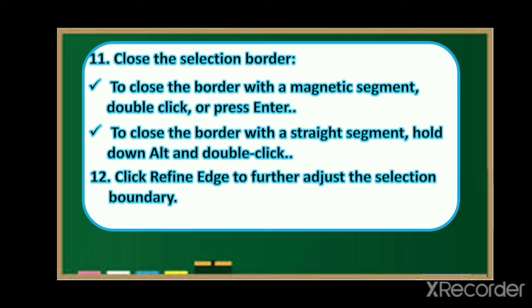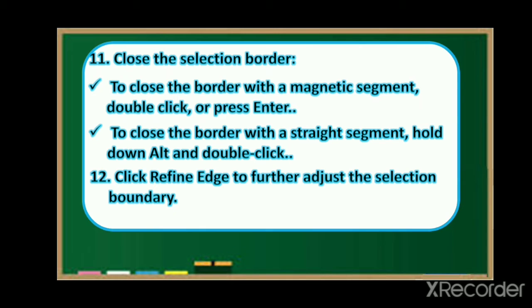So before that, we switch temporarily to other lasso tools to do one of the following. One is to activate the lasso tool: hold down Alt and drag with the mouse button depressed. To activate the polygonal lasso tool, hold down Alt and click. To close the selection border,